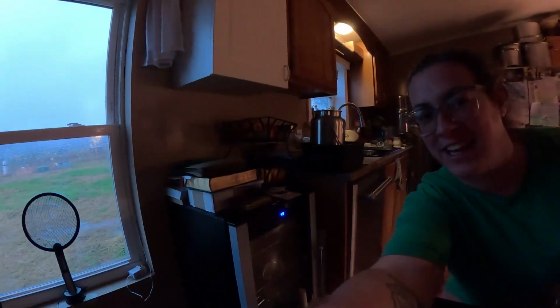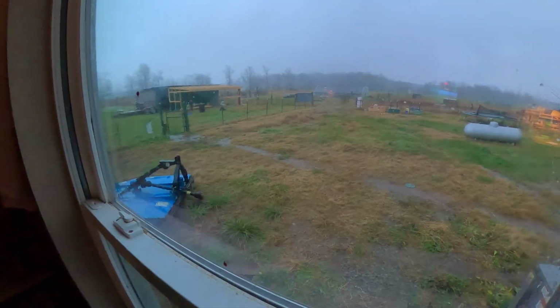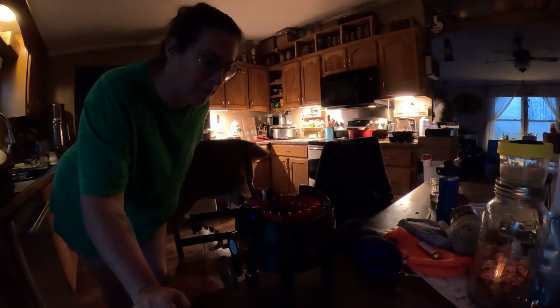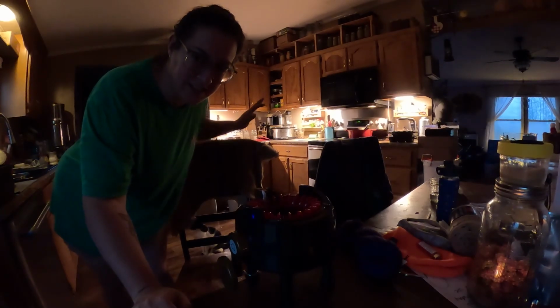Oh, it's super dark in here right now. It's actually 1 o'clock in the afternoon and we're having quite the rainy day today. Can you see out there? It's not only raining, it's been thundering and lightning. I do still have to milk the goats at some point, but I've got an inside project that I'm doing